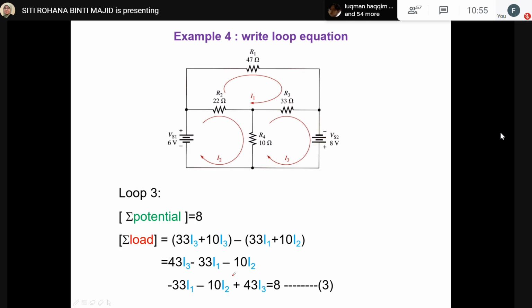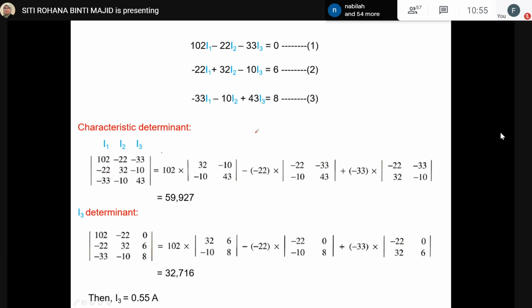Okay, and then finally you will have equation number 3. Looks simple, right? And then we have 3 unknowns here. If you want to use simultaneous equations, that means you will have another 9 steps, which is 3 steps for